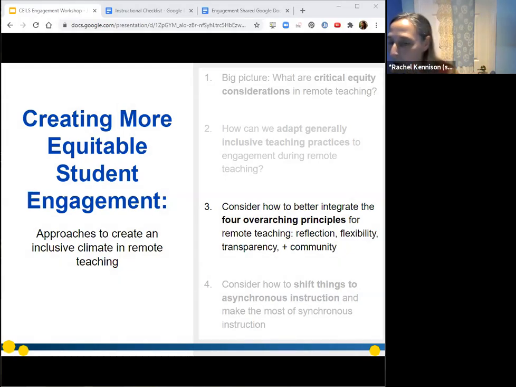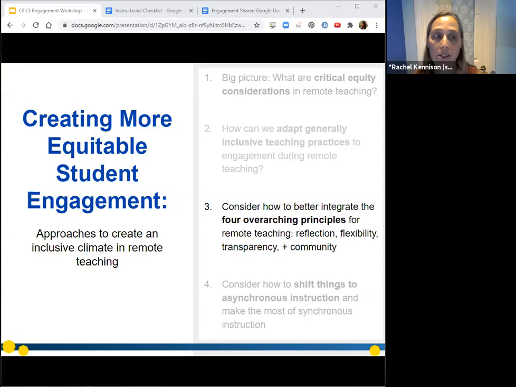All right, so hopefully that gave you a taste and started you thinking about some of the challenges. I know our group talked about some challenges in terms of being able to do some of these activities in the remote environment, and hopefully you were able to brainstorm some ideas. And we're going to talk about these things in more detail as we continue on here.